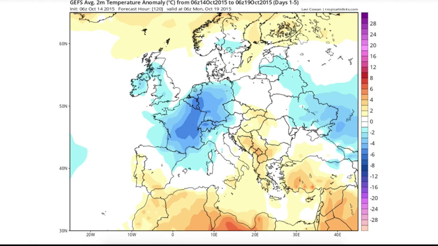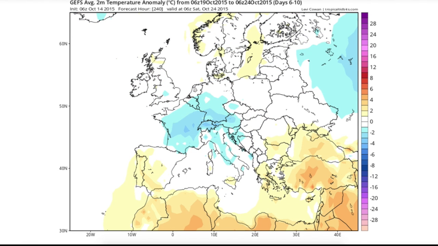Just to reiterate the chill over the coming days, this is the anomaly forecast for temperatures for the next 5 days, taking us up to the 19th. And there's our cold air across Central Europe and also across the UK as well. Knocking it on to days 6 to 10, still got that chilly weather hanging around down around Europe. Notice that temperatures come up a little across the UK, which is, as I say, what you'd expect to see